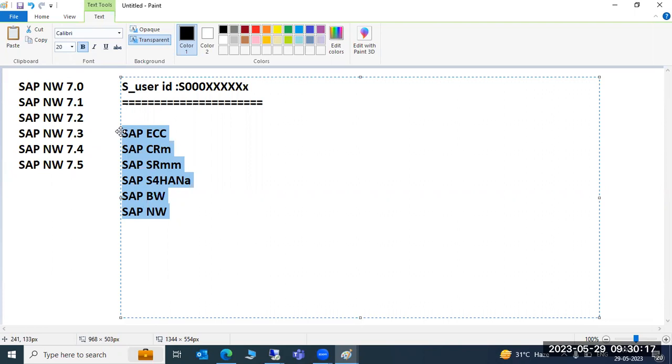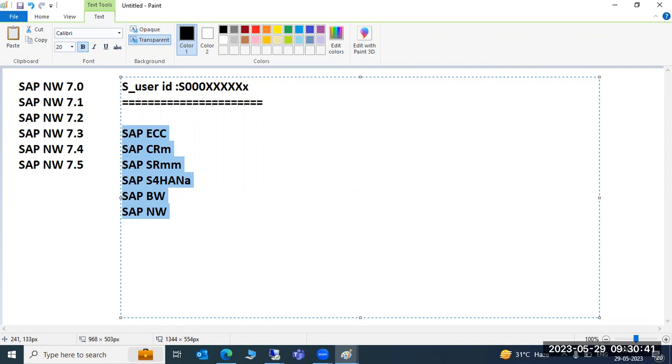Same as when you install the Android OS, on top of it you install some apps, right? The basic apps you get when you install the Android operating system on a mobile phone. After that you install a few more applications. Your Android OS is like SAP NetWeaver, and after that you install a few more apps, which are the applications with additional functionalities.